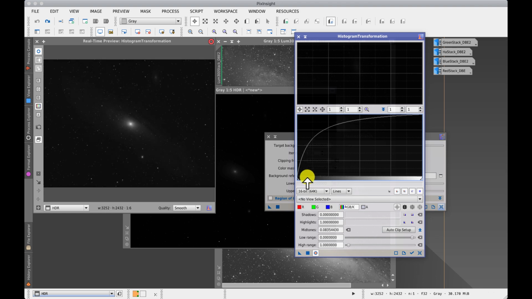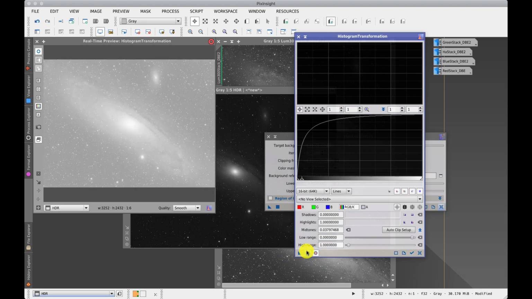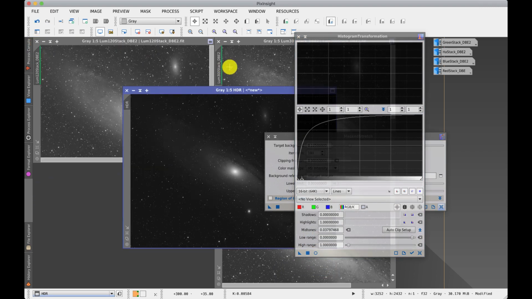Starting with the histogram transformation, reset the controls, bring on the preview, and I'm going to stretch it. And you see the core comes up pretty quickly, and you have to do a pretty extreme stretch before you start seeing the galaxy as a whole. So I'm going to leave it around there and apply it. Then I'm going to close down the preview,